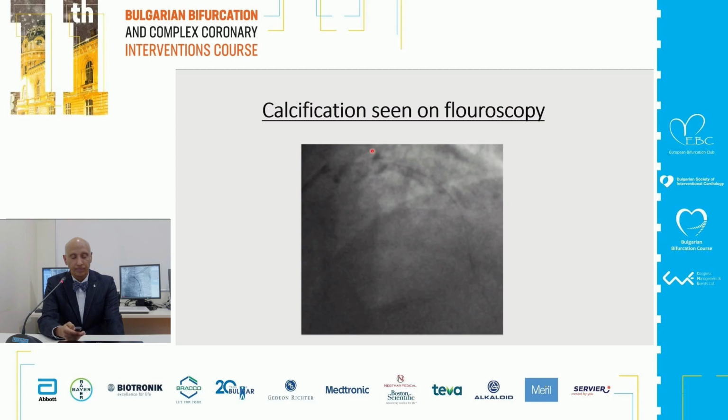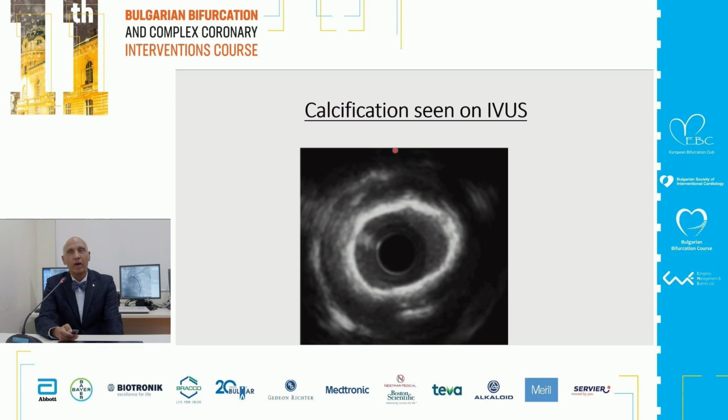This is a silhouette of the vessel with a wire down the LAD, and you can see, this is not in motion, but you can see that there is calcification that is seen in this area. Again, like the CT scan, one suspects that there is calcification. However, one cannot really plan a procedure based on that appearance. Whereas this IVUS